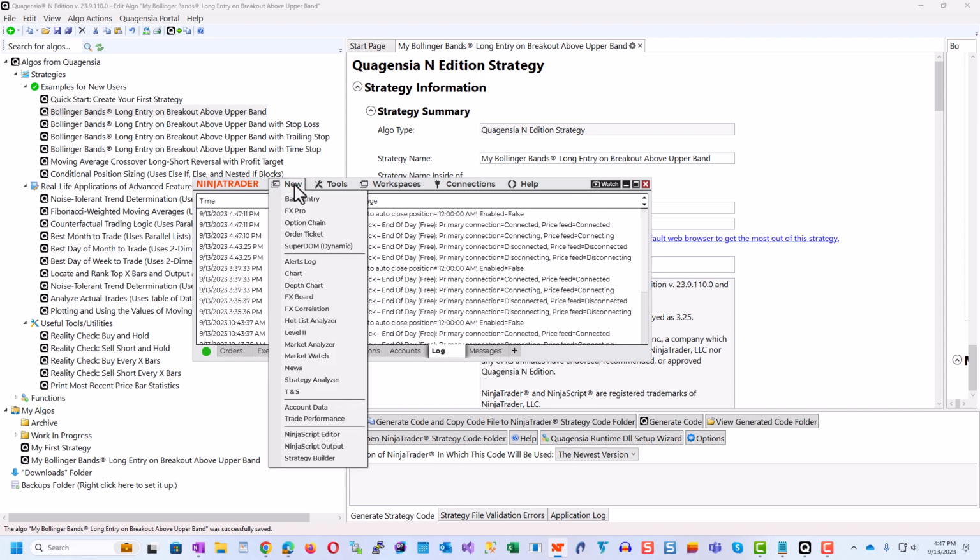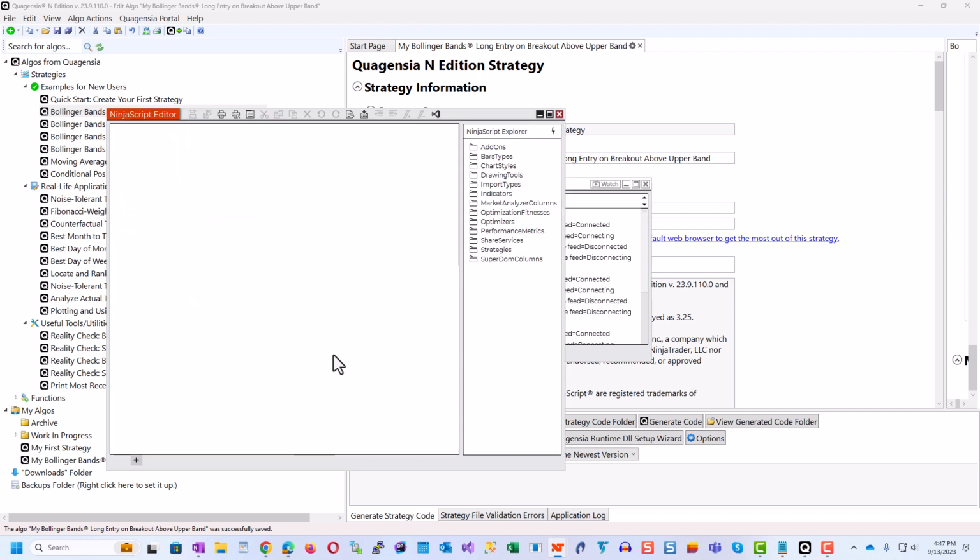Now let's go ahead and open the NinjaScript editor. That's very important. When you open the NinjaScript editor, this is where the code goes. You don't ever need to look at the code, but you do need to have the NinjaScript editor open so that when you send the code to NinjaTrader, the NinjaScript editor can receive it and automatically compile the strategy so it can be backtested and optimized.